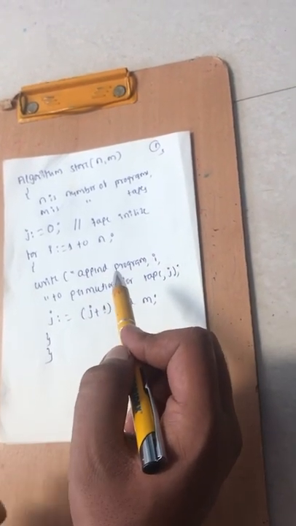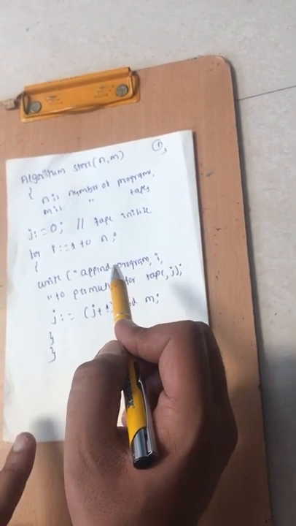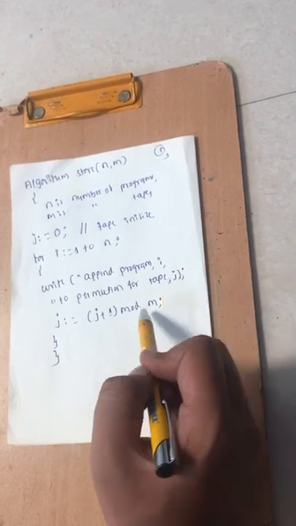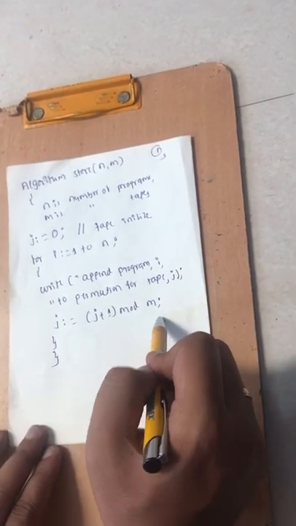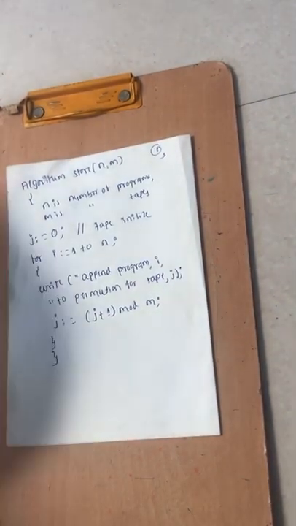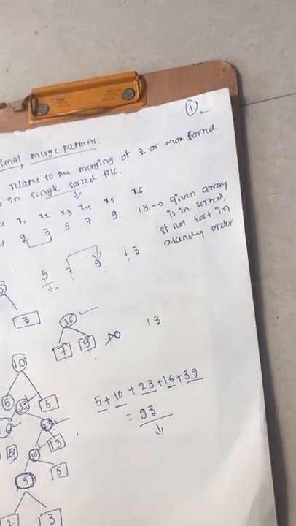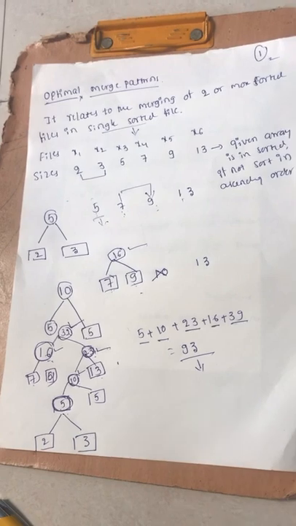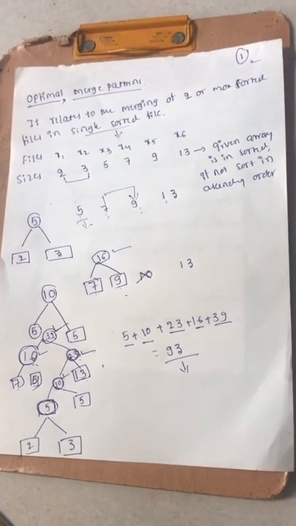Here the condition is that whenever you are going to add two files, that should be lesser than if you add the next file size here. Due to that you are going to take the mod also. Okay, at the end, friends, what the greedy optimal merge pattern is telling is that initially we are going to make that one. Please concentrate here, I will summarize once again.